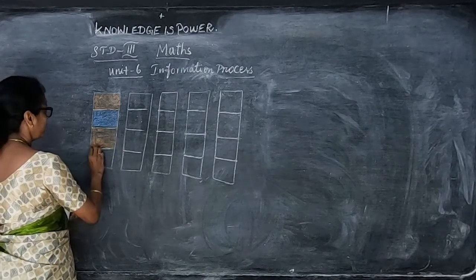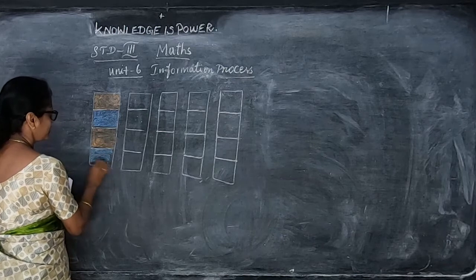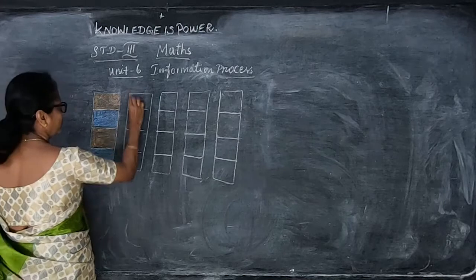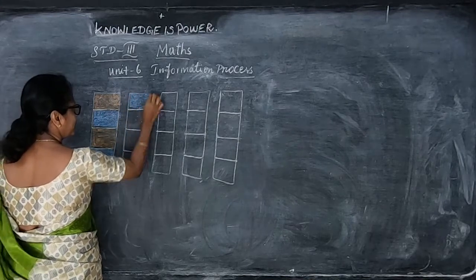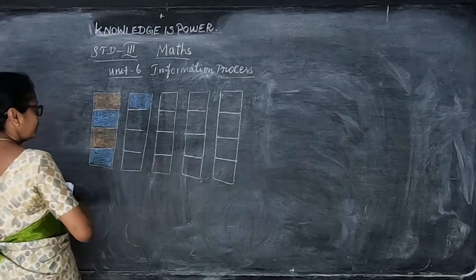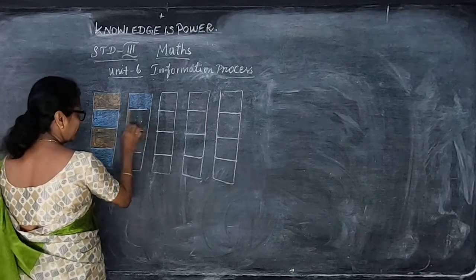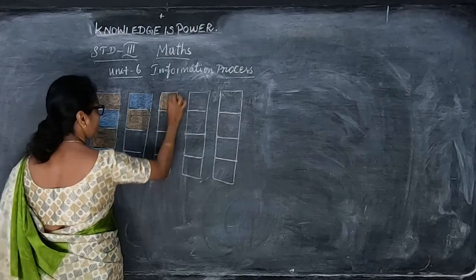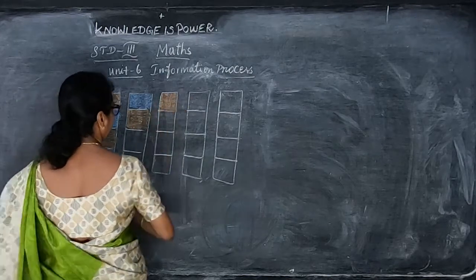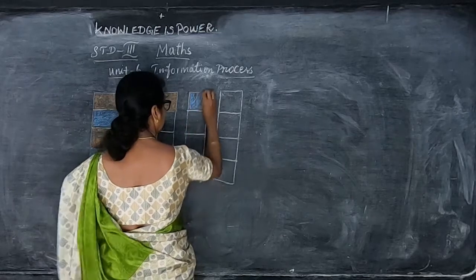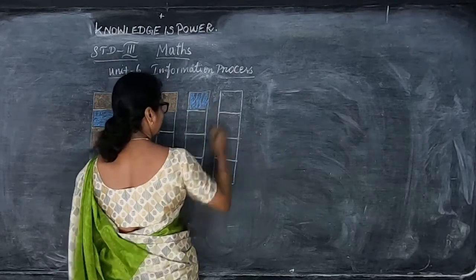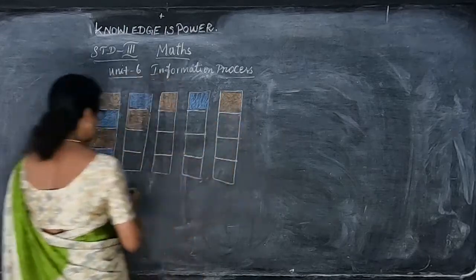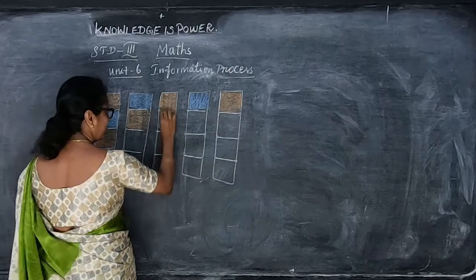For the next one, you can change it. Here we have put orange, so we can take blue. You have to do it like this only. If you have taken blue here, the next one is orange. Like this, you can change it and do it by yourself. Here I put orange, here I put blue, again orange. With alternate colors, you change the places. Automatically, orange will come after blue.